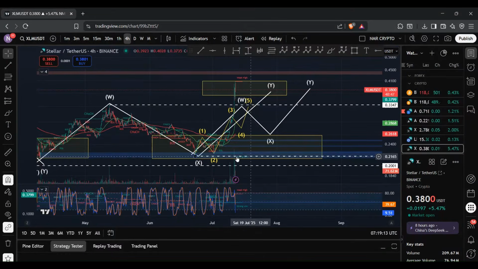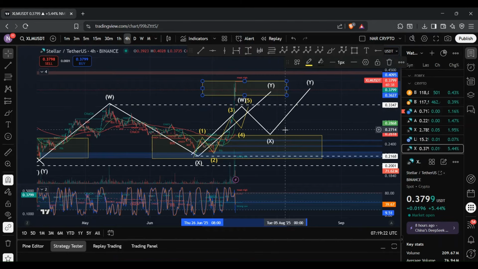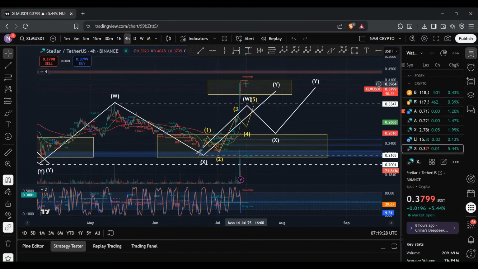So Stellar has continued to move to the upside, and here you can see that we are currently trading within this Y wave target, where I've been tracking this Y wave to tap into this region, sitting between 36.27 cents to 40.95 cents. And given that we have tapped into this region, it's possible that this WXY structure is now complete, and we see that retracement to the downside, where we could witness a 50 to 88.2% retracement of this